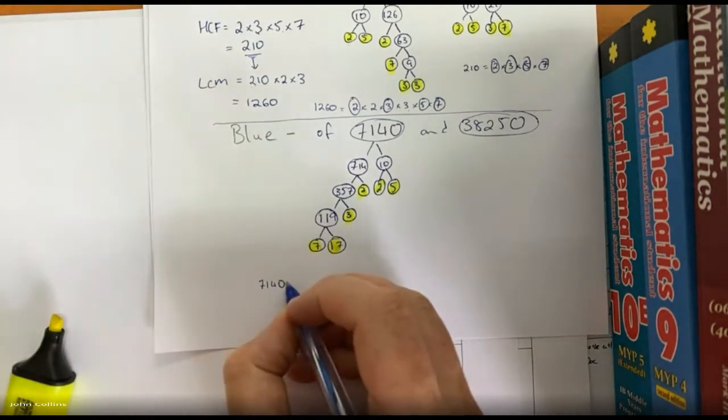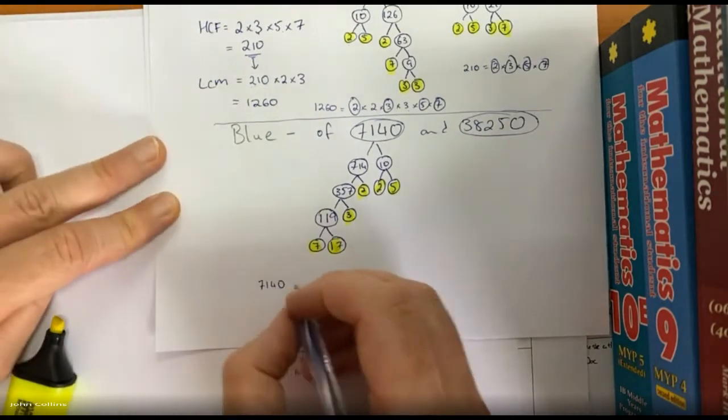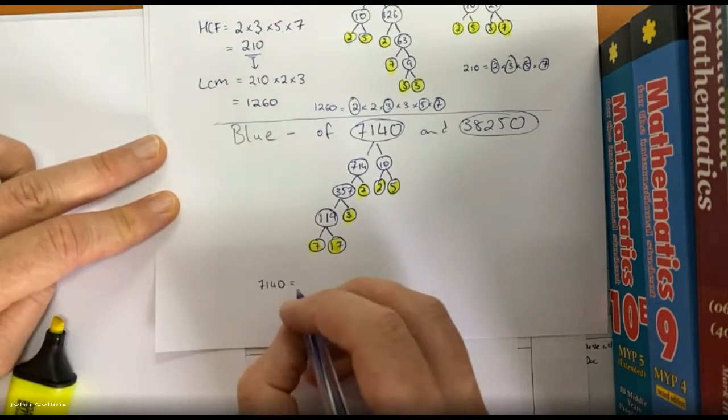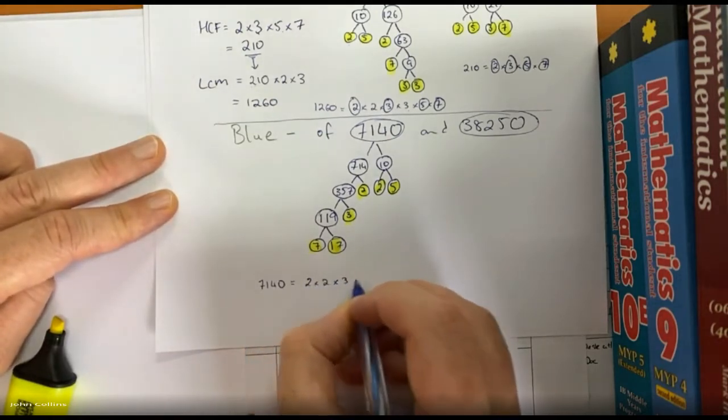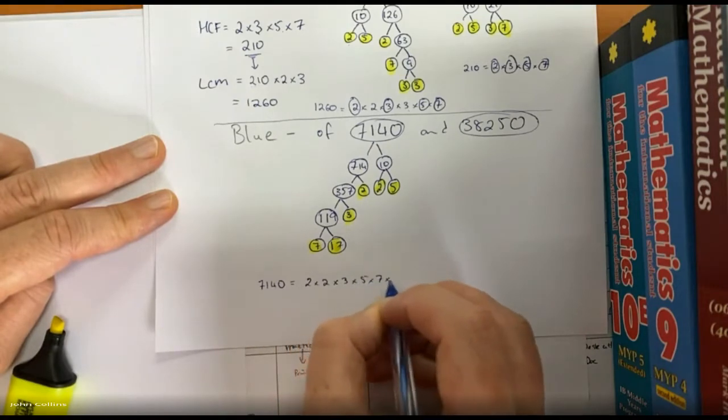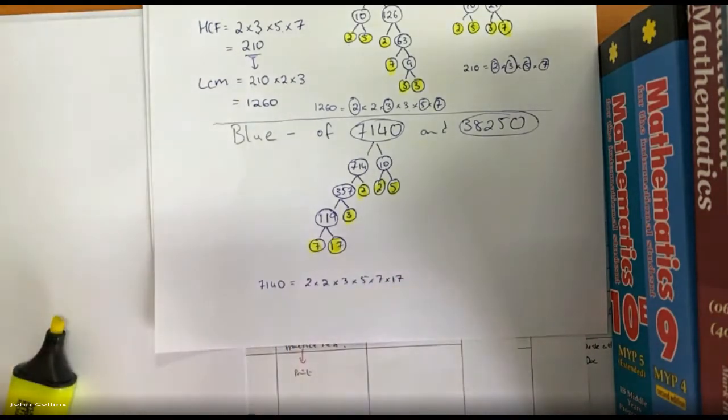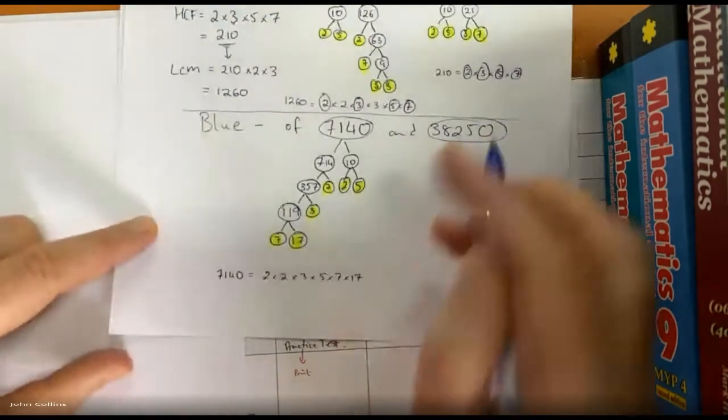7140. Yes, Nikita, nice. That is correct. 7140 can be written 2 times 2 times 3 times 5 times 7 times 17. All right, so that's the first one. Second number,